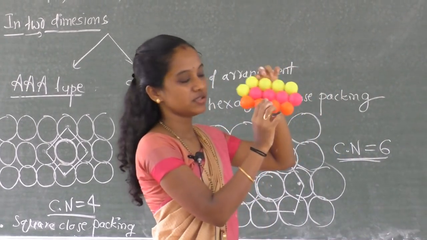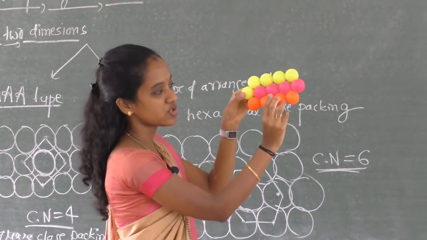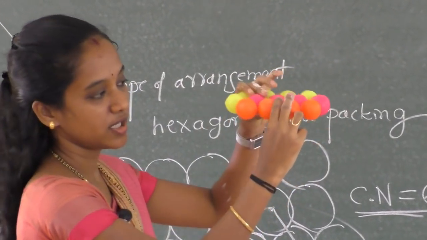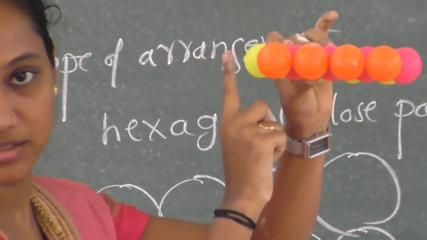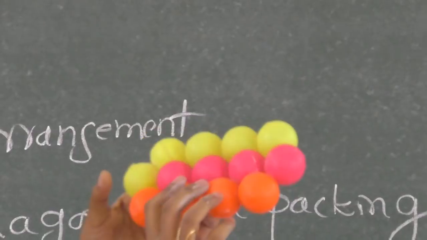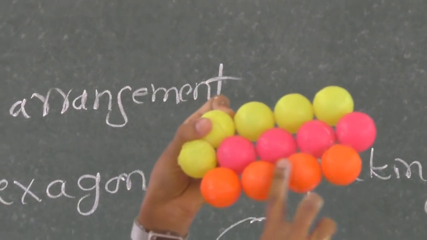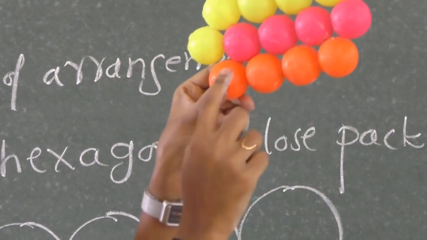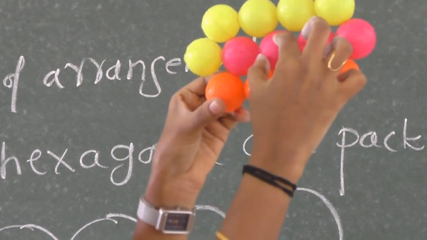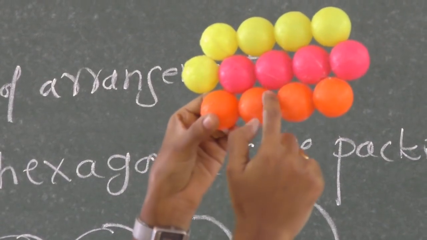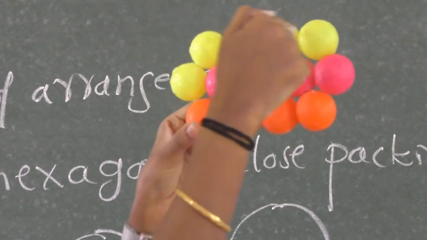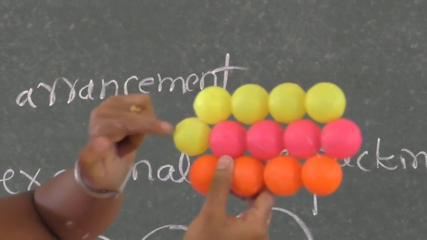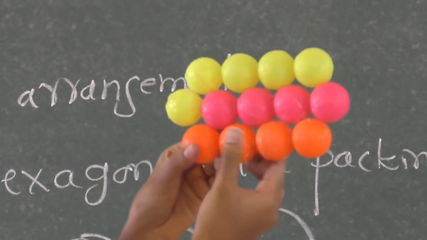See here, this is two-dimensional close packing. What is two dimensions? Having only x-axis and y-axis, or you can say length and breadth. Clear? Only two dimensions. The first layer, consider it as A type. See the second layer. Here, in the depressions of the first layer, the spheres of the second layer are exactly kept. Again, the third layer is similar to A. If you want to keep a fourth layer, it will be like the second layer, B type.